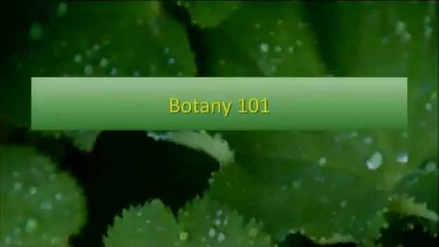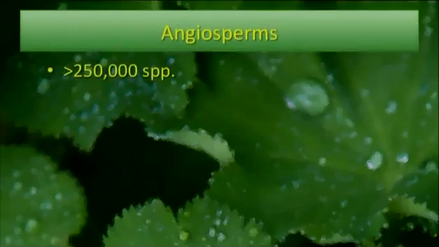So that's what we're introducing you to today: the angiosperms. We've talked about them before. These are also known as the flowering plants. They number more than 250,000 species, and of all the members of the kingdom Plantae, they're the largest and most diverse phylum or division in the whole kingdom. They're the dominant plant form on Earth today in the terrestrial environment, except for the coniferous forests, which we've talked about before.